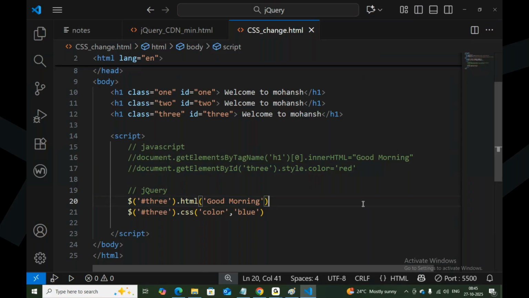After eating the biryani, if you take 10 sweets without eating the biryani, your hunger is not satisfied. But after eating the biryani, your stomach is full, then you take one sweet, that is awesome. This is also the same. First, learn fundamentals properly. If I show this jQuery before JavaScript,